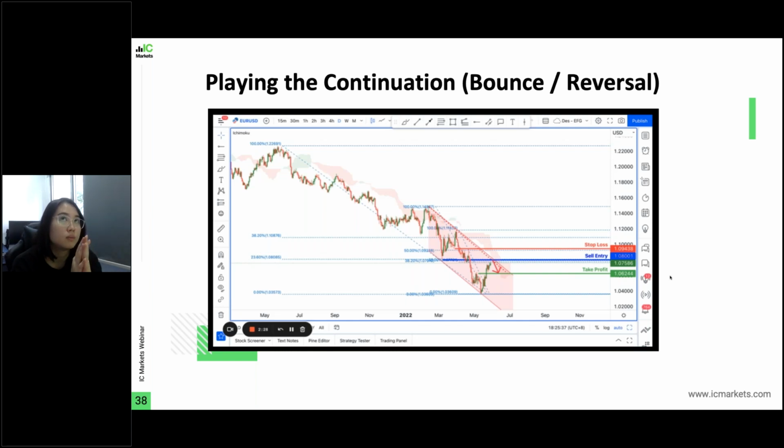So out of 10 trades, as long as I'm correct 50% of the time, technically I'm making money already, right? But if you're doing 1-to-1, you need to win more trades. Your win rate needs to be higher. So